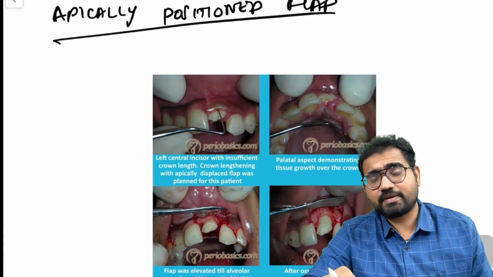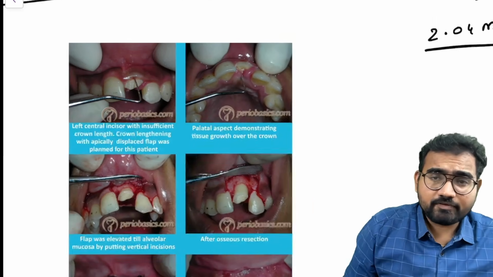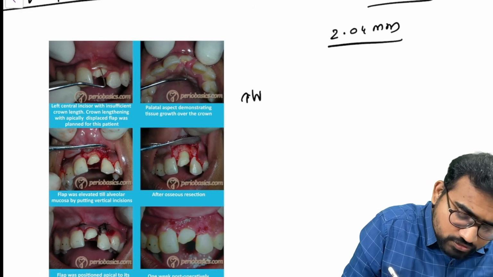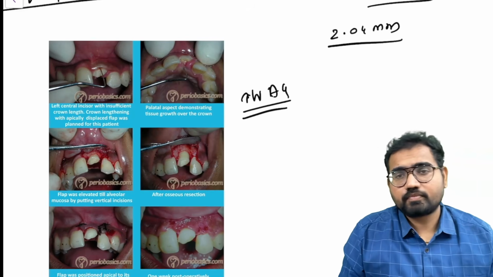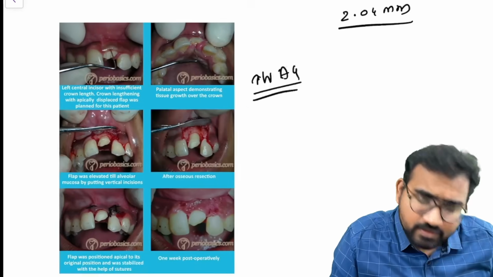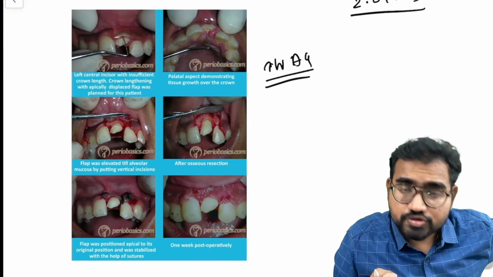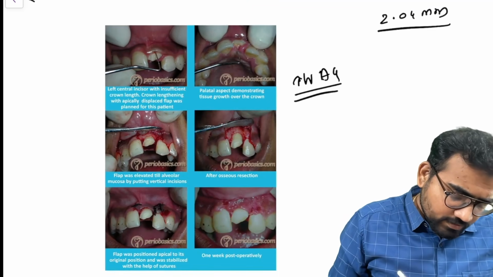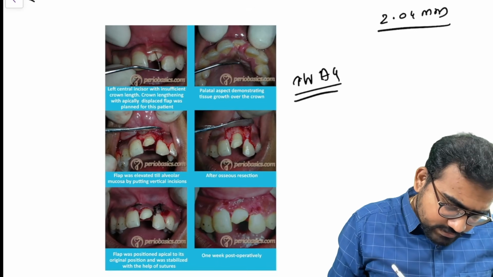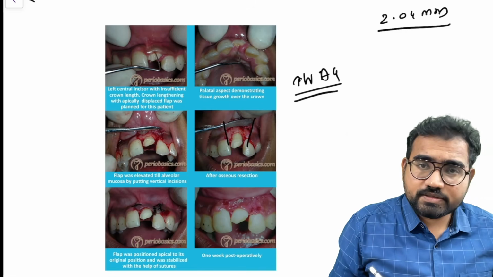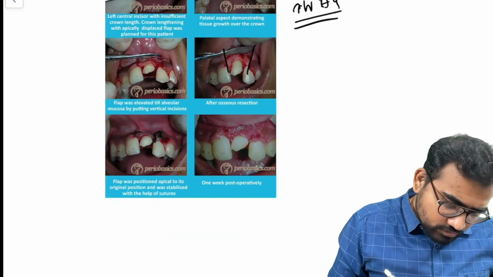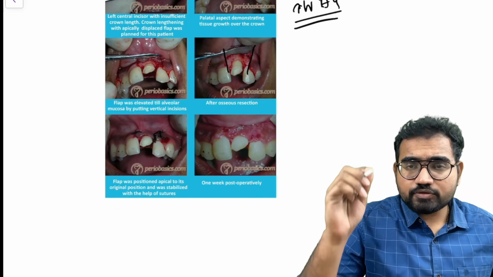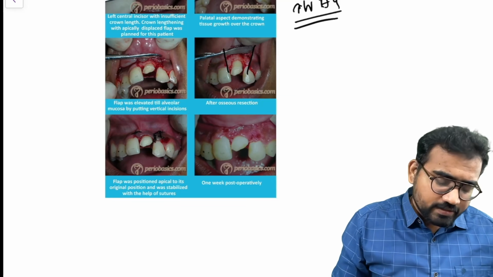This apically repositioned flap varies from the original Widman flap in that it is going to increase the width of attached gingiva also. Otherwise it is very similar to the original Widman flap. So I'm going to give two vertical releasing incisions, then raise the full thickness mucoperiosteal flap, do osseous recontouring so that I can maintain the biological width, and then suture it back to the